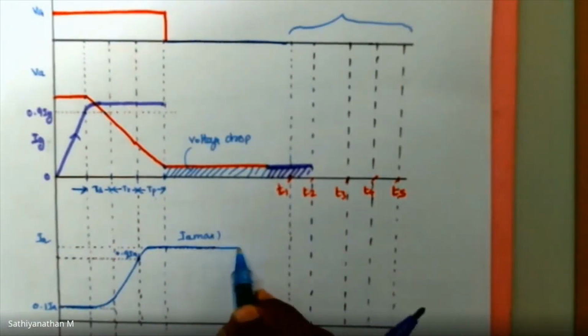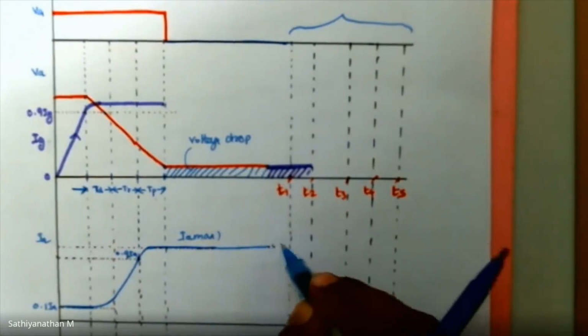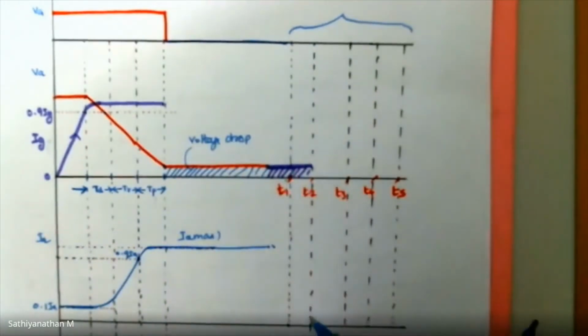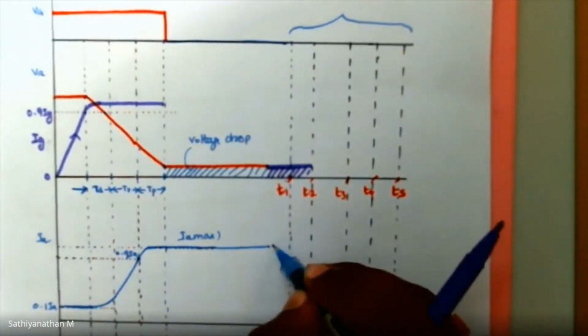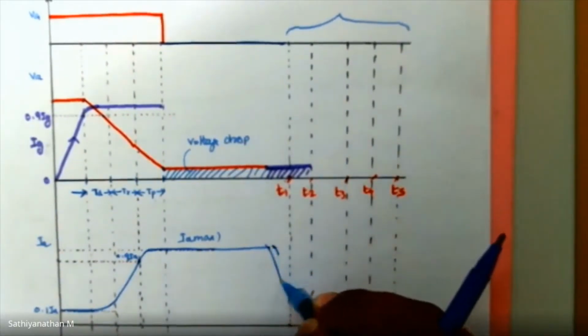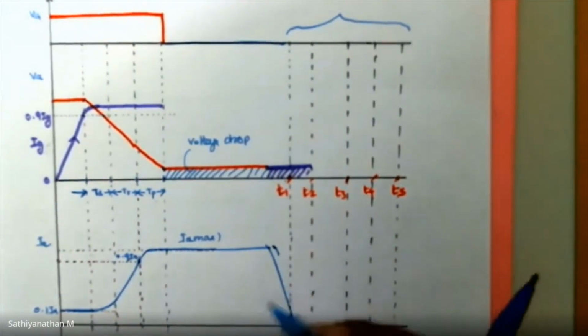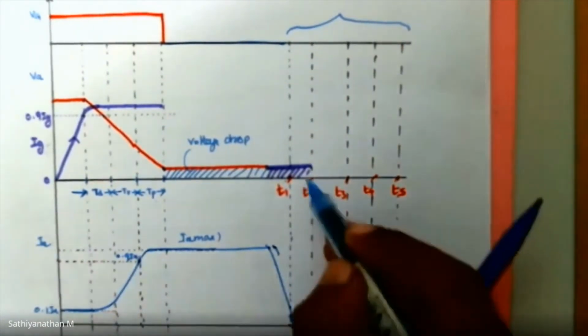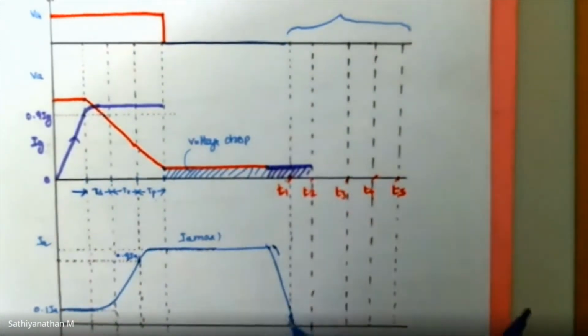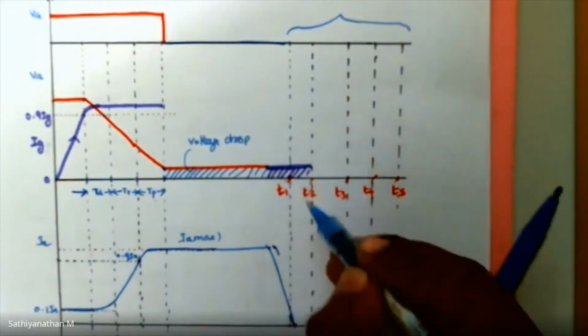So at time T1, you have applied some external force, that is, you have reversed the supply voltage magnitude. So your current starts to decrease, but the device is still in conduction. So from T1 to T2,